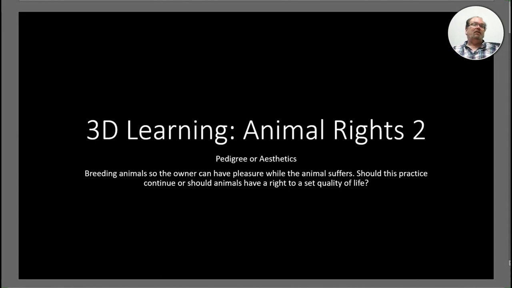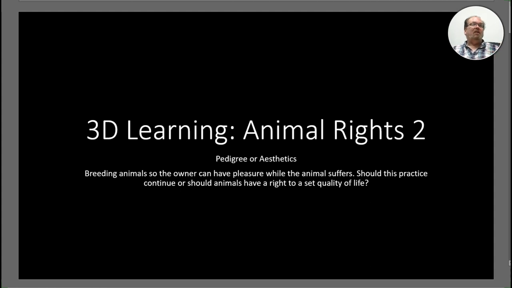As we said earlier, pedigree and aesthetics are important to breeding pets. The issue is, pedigree is breeding the character and the color. Aesthetics is breeding for a special look somebody wants and pays big money for, but at the pet's health problems. Every pet has health problems at some point. Every breed has usually some kind of issues. But aesthetics ignores the pet itself